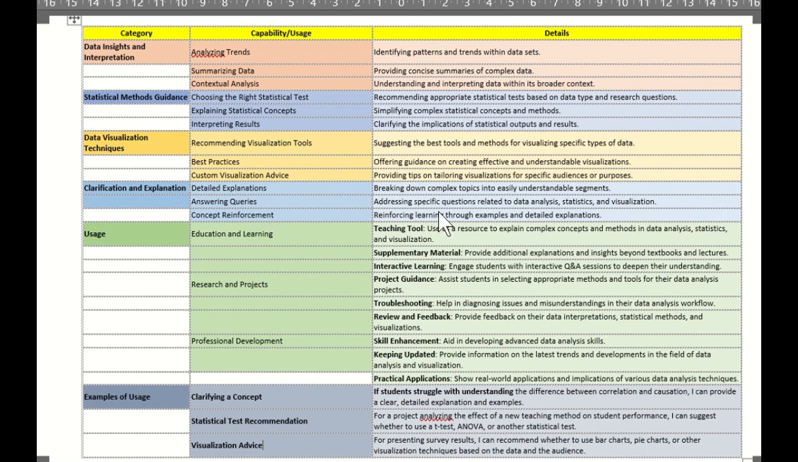Now, clarification and explanation. You are able to get certain clarifications. Let's say you have specific questions related to data analysis or statistics. With this LLM, you can easily write it in simple English and you will get your answer. We can use the advanced data analyst GPT for educational and learning purposes as a teaching tool, which is what we are going to be doing in the course, to teach you how to use it for